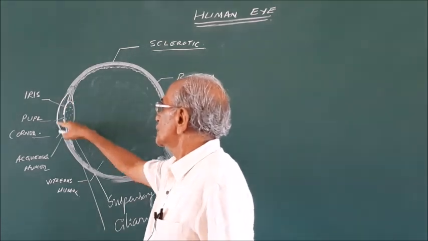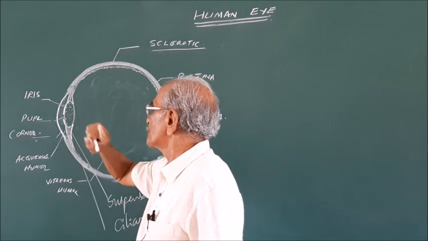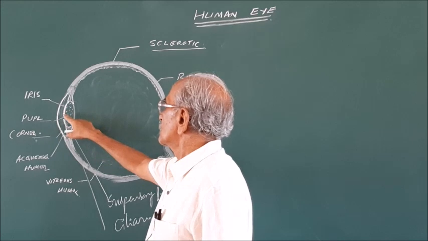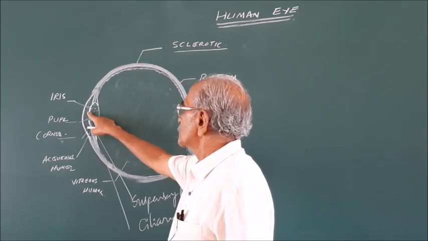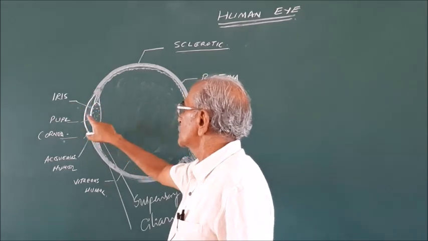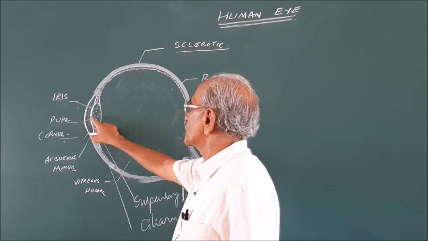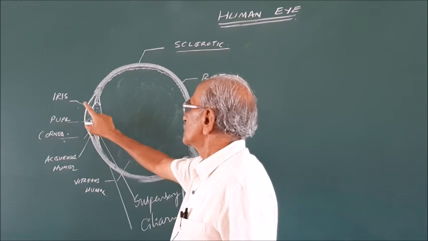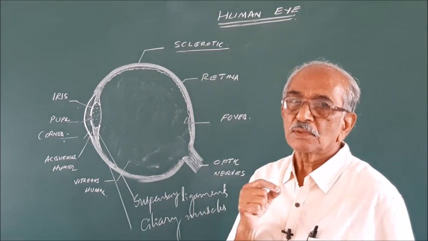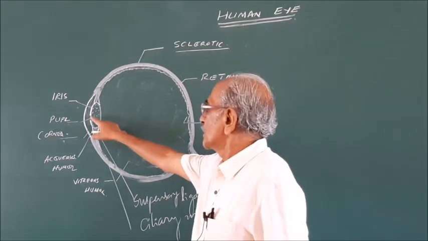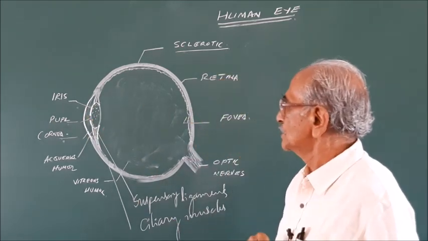The white portion that we see in our eye in front of it is the cornea. It is transparent, as I have told you earlier. Now, the brownish circular patch is the iris, at the center of which there is a small aperture, a hole. That is the pupil. The size of the pupil can be varied. It becomes wide in dark, and very narrow in bright regions.